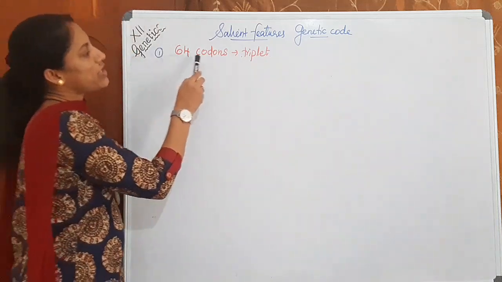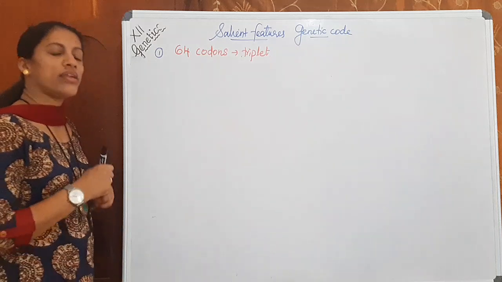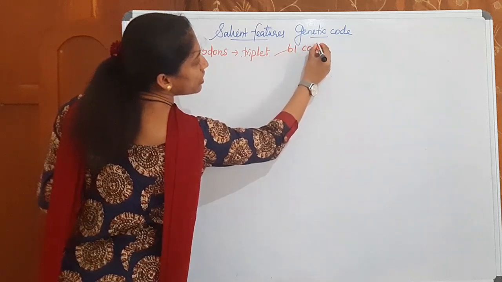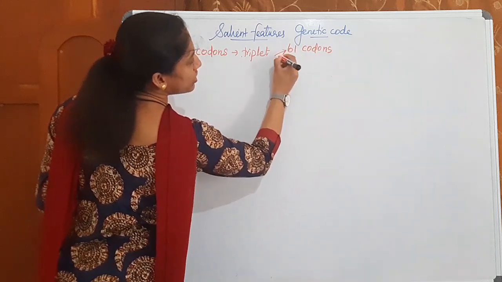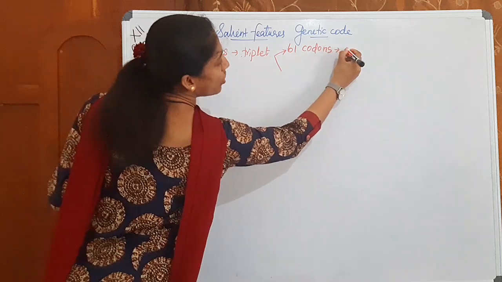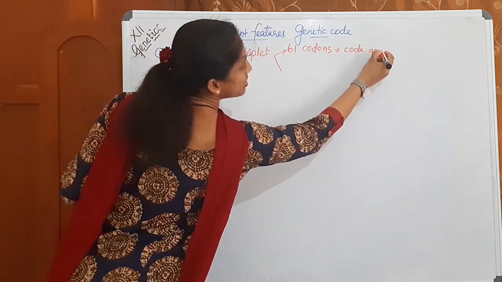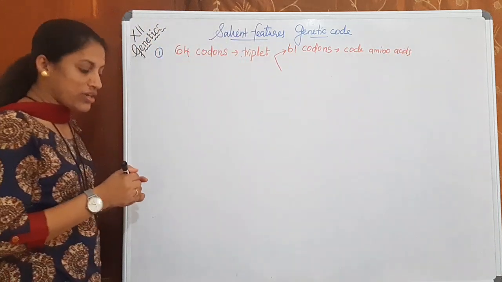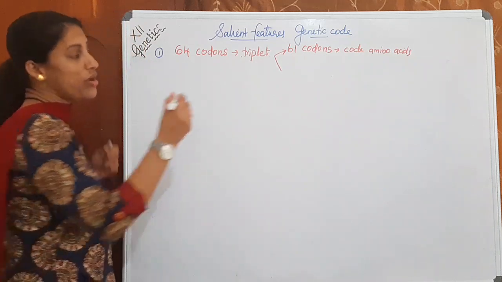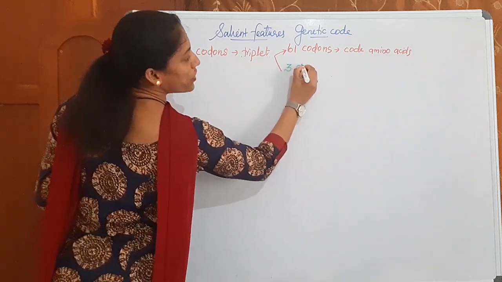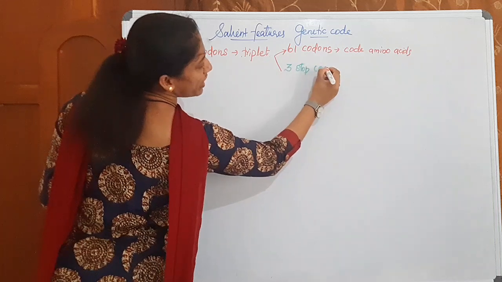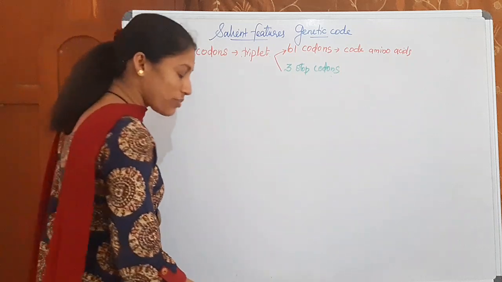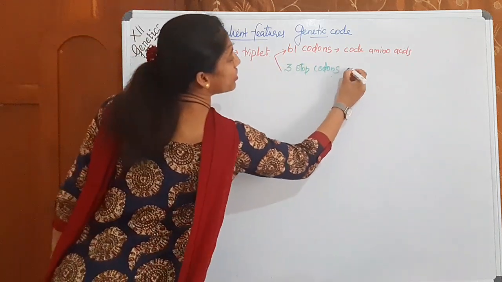So there are in total 64 codons, which are triplet codons, and among these, 61 codons code for amino acids. Is it not? Only 61 codons code for amino acids. Any doubt? What about the 3? Just now we have seen only 61 codons code for amino acids, whereas 3 are stop codons and will not code for amino acids. Okay? 3 are stop codons. Which are the 3 stop codons? The 3 stop codons are